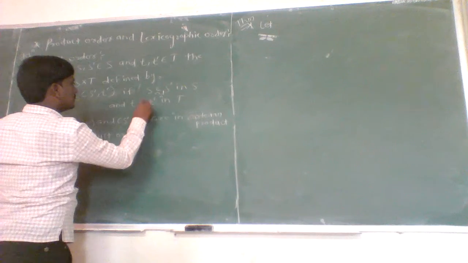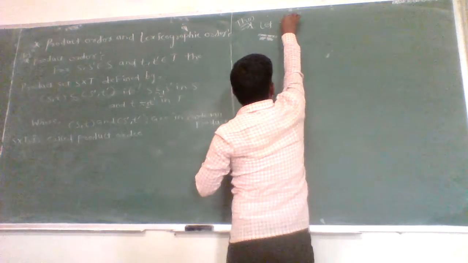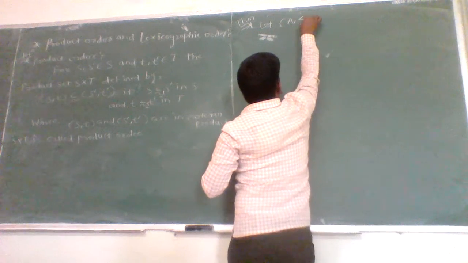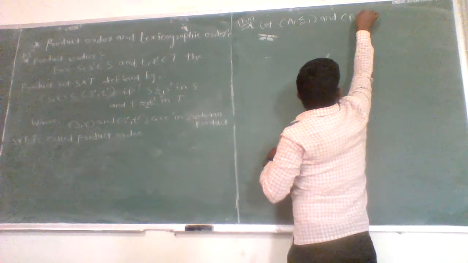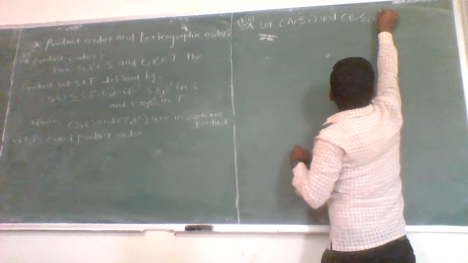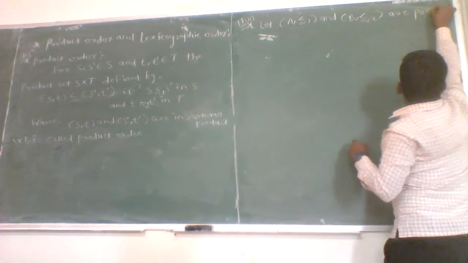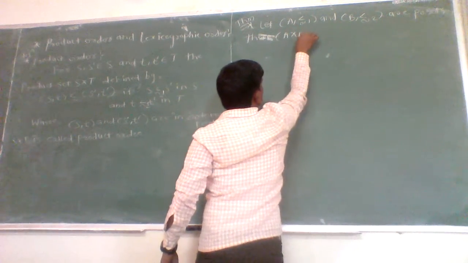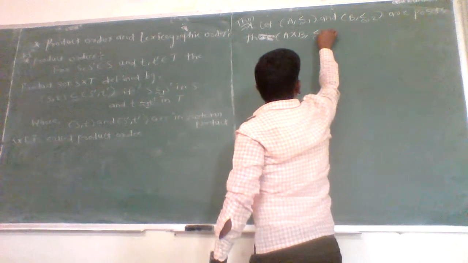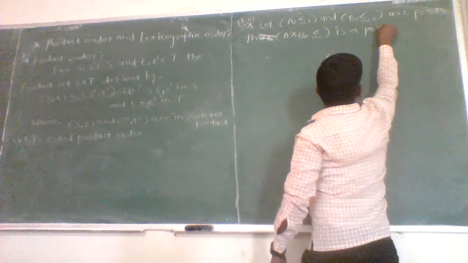Now let (A, precedes 1) and (B, precedes 2) be posets. Then A cross B with a relation precedes is a poset,